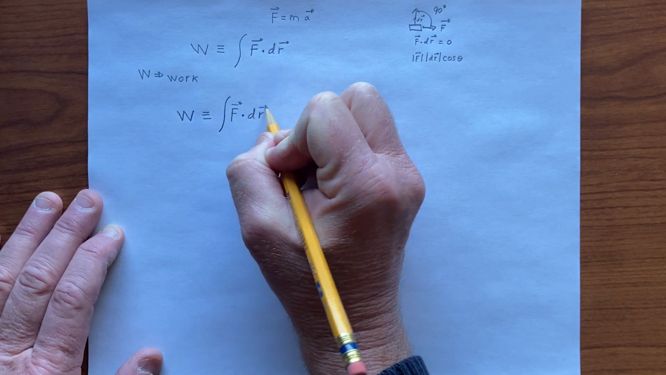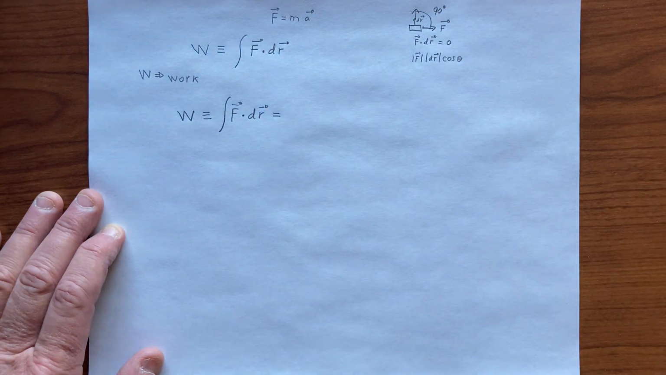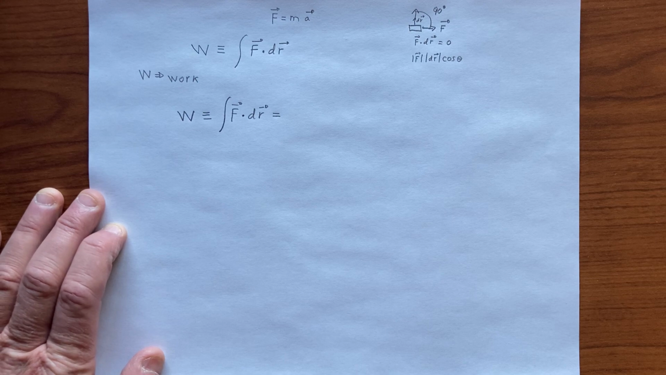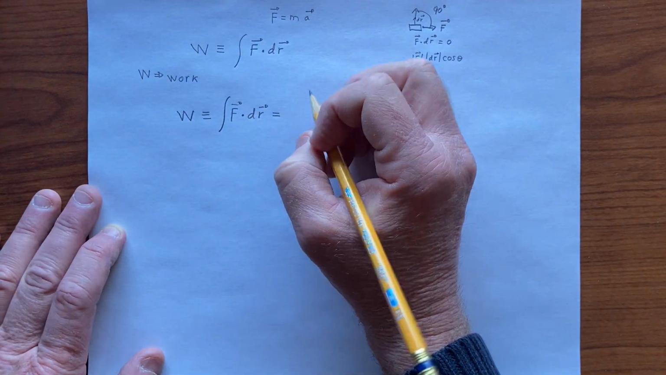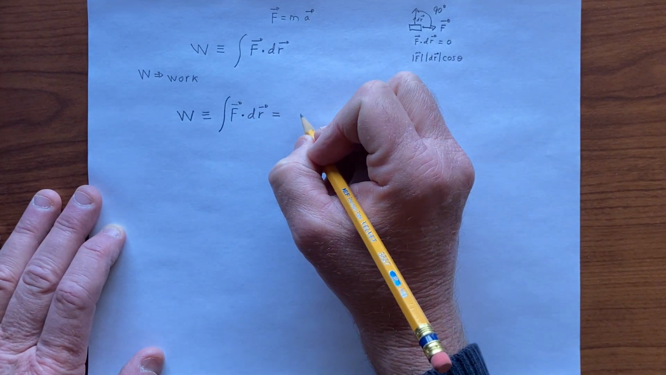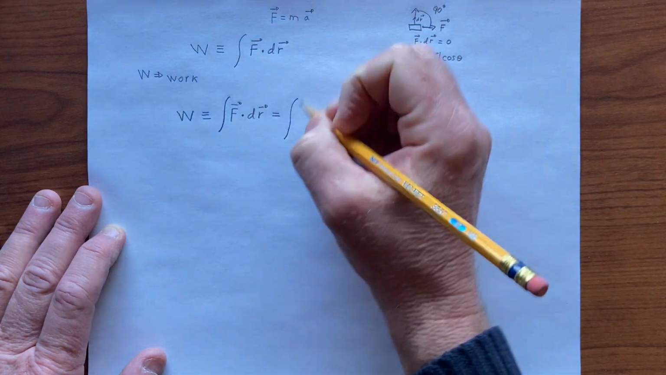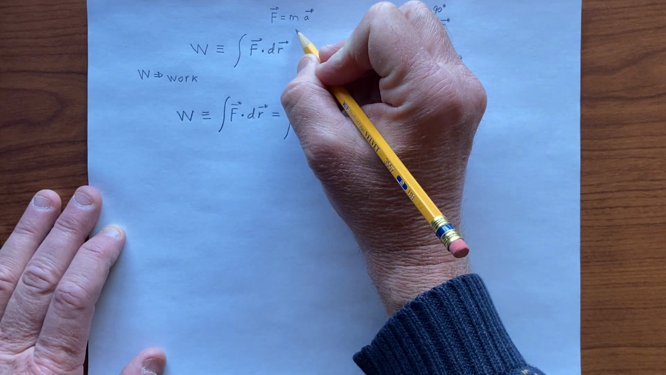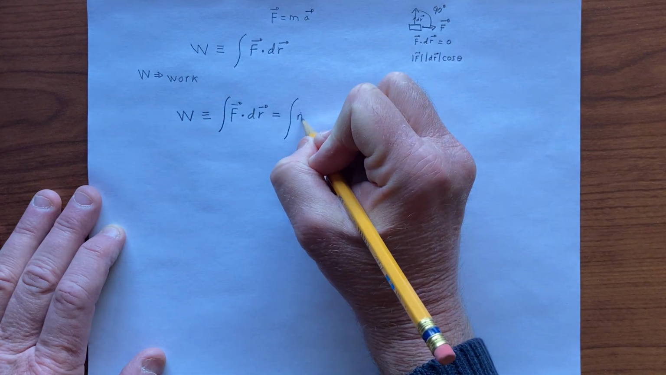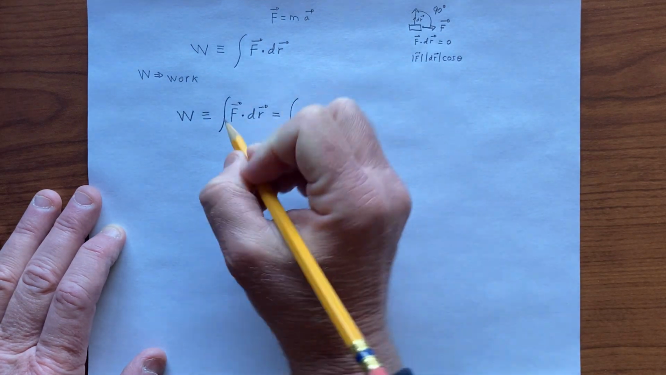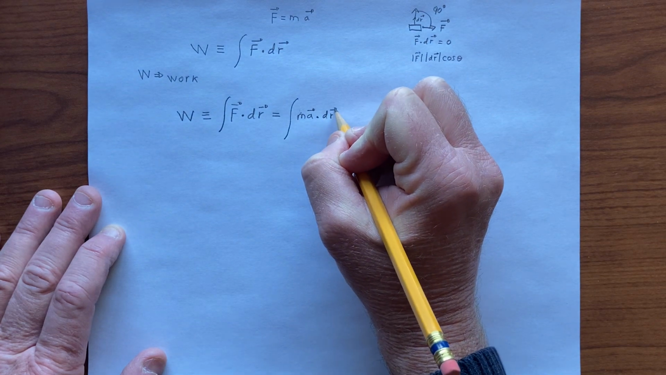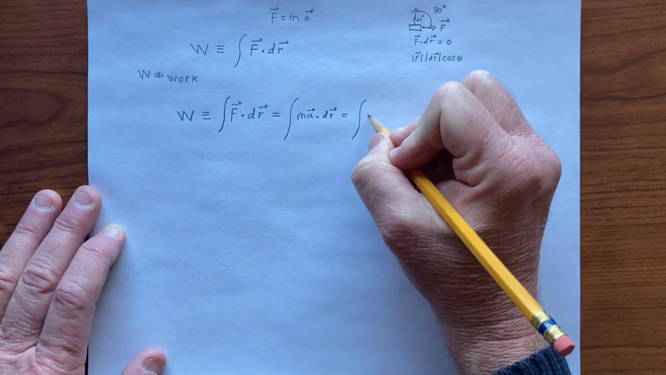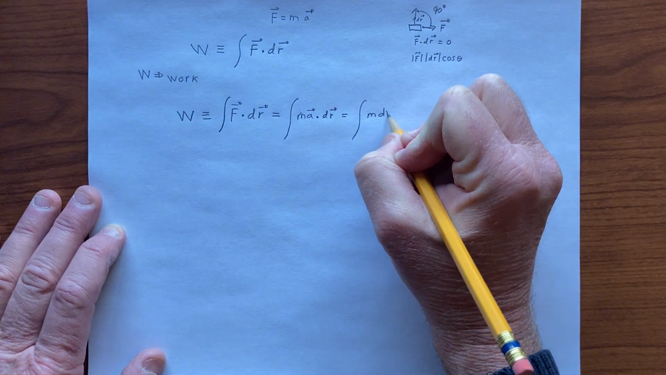integral F dot dr, and now we're going to show that the work that you do on an object, that the work that a force does on an object, is equal to some other quantity that involves the speed, and we're going to do this by way of F equals ma. So if F equals ma, then I can, of course, say that integrating F dot dr is the same thing as integrating ma dot dr, which by way of the definition of velocity is just dv